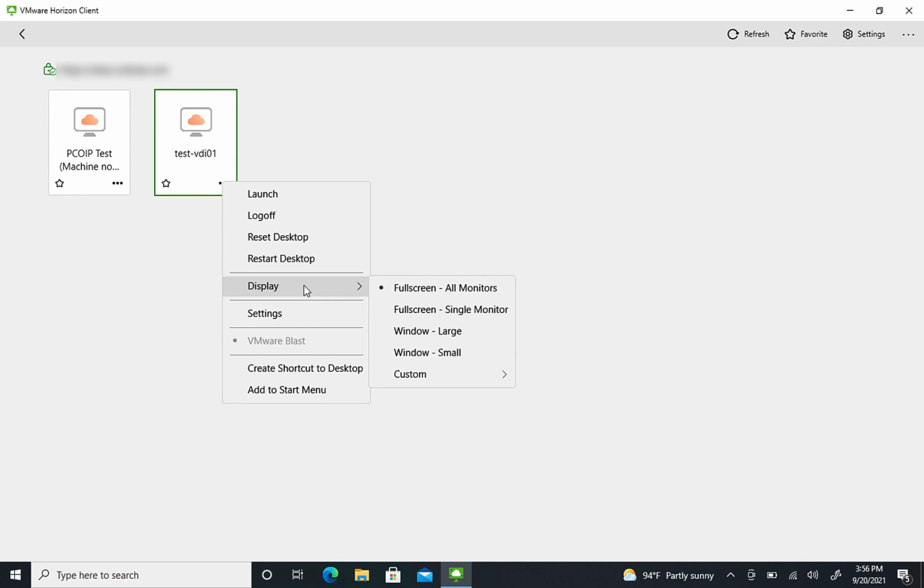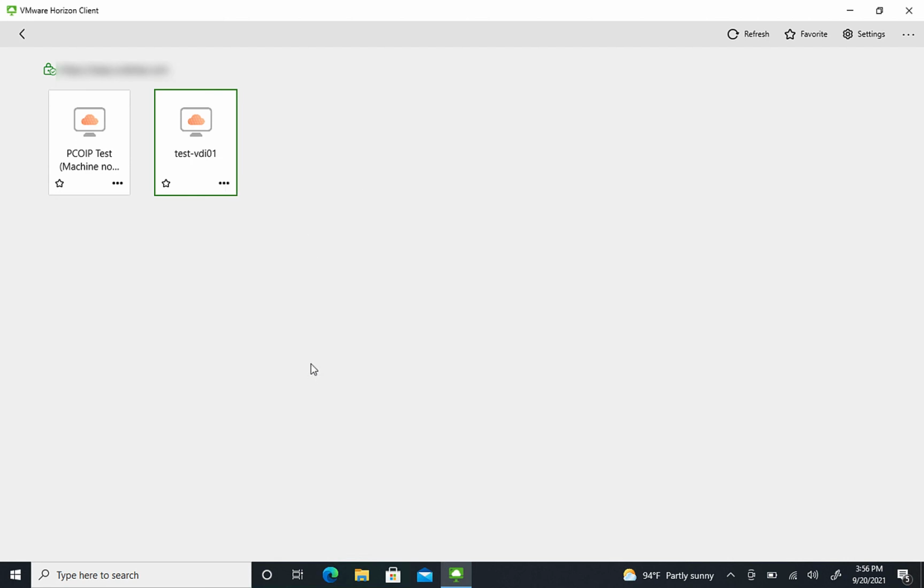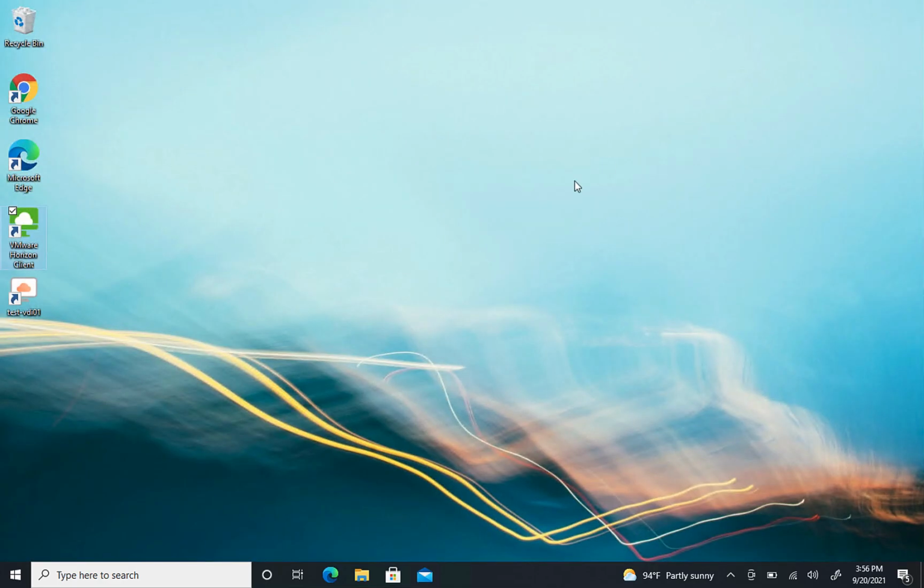We do have settings as well, but what we actually want to do is create a shortcut to this machine on our desktop. So I'll go ahead and click that. Then we'll come out of the client application, and you can see we've got a new shortcut that's below the Horizon shortcut. So let's double click that,